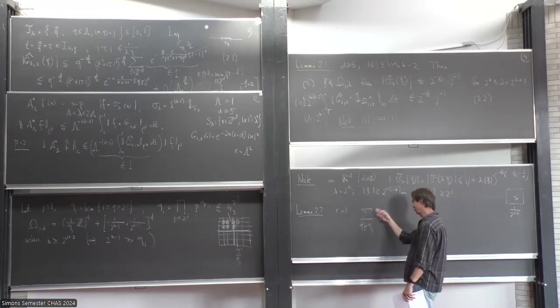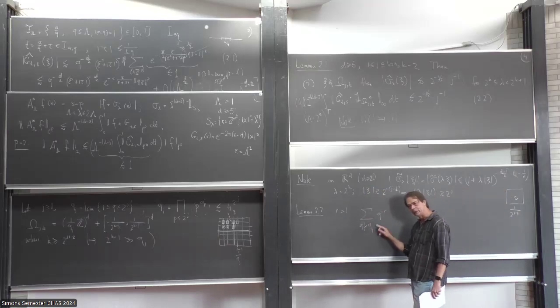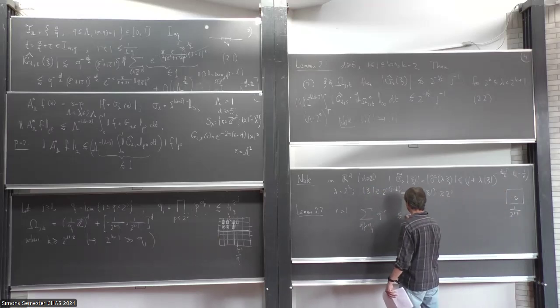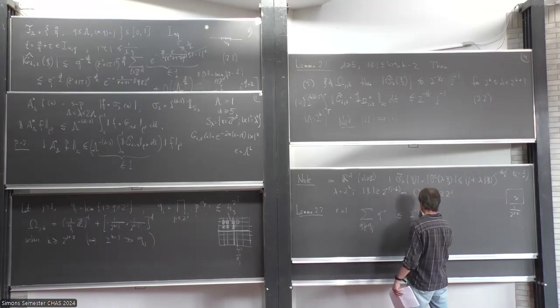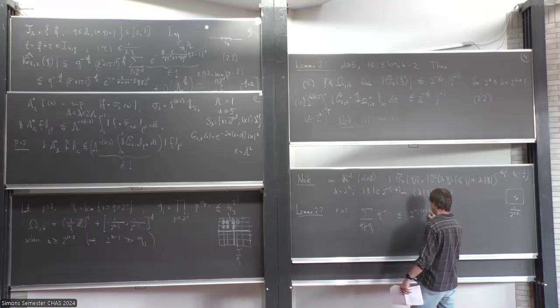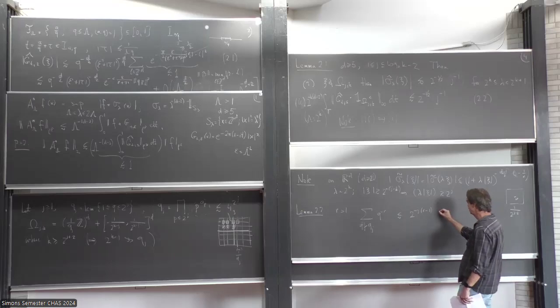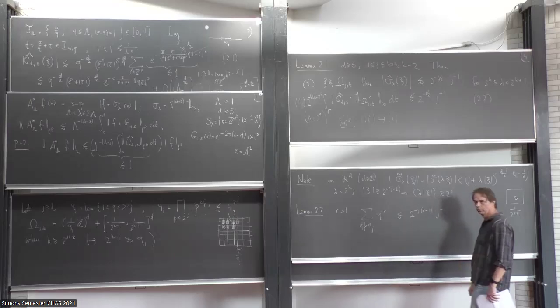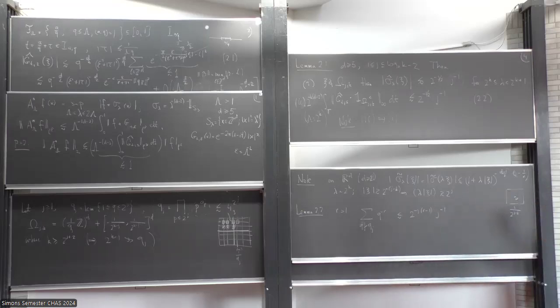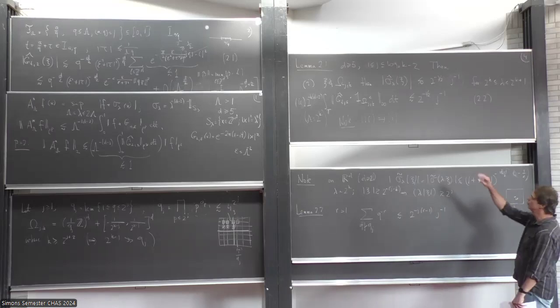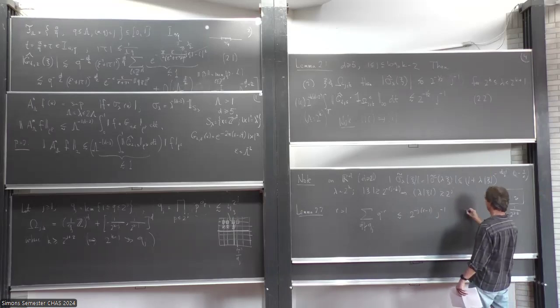So clearly, this sum is less than the sum over q bigger than or equal to 2 to the j of q to the minus r, which would be already bounded by 2 to the minus j times (r minus 1). But then you get a little bit more, because this is a smaller set of q's. Okay, so we will use this little estimate in getting that extra gain.